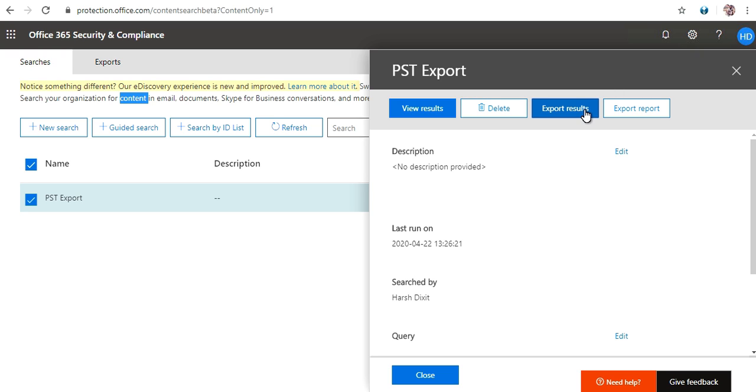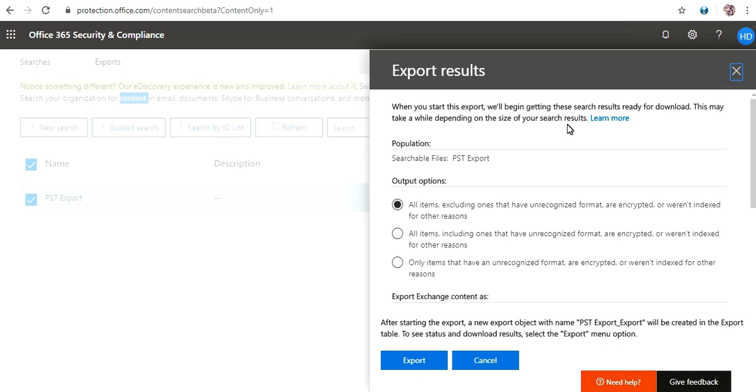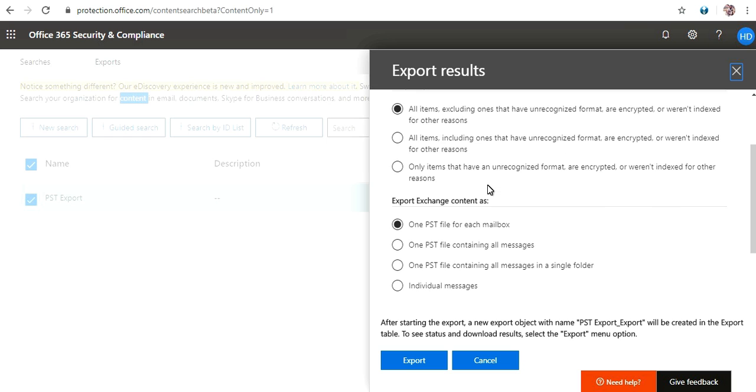If you are able to see this option, export results, just click on it, and then you will see some output options and the export Exchange content as option.